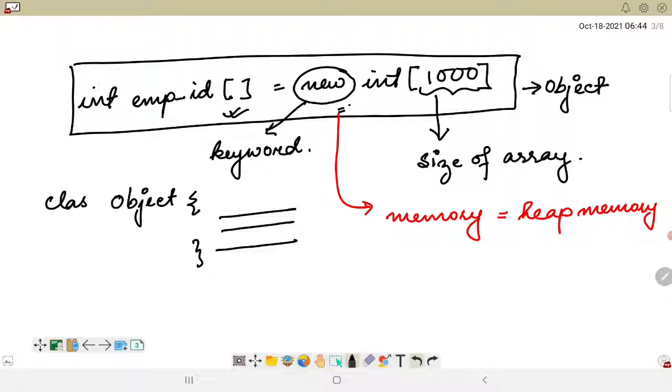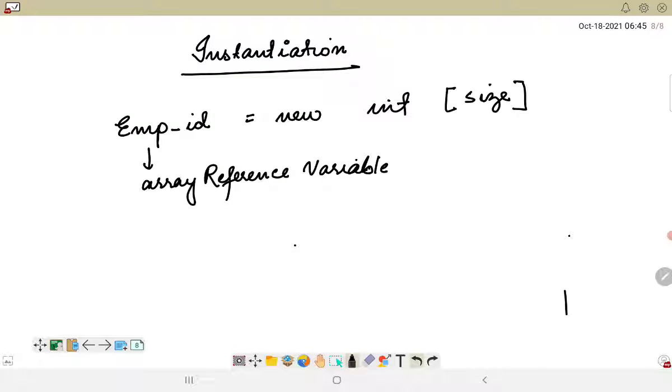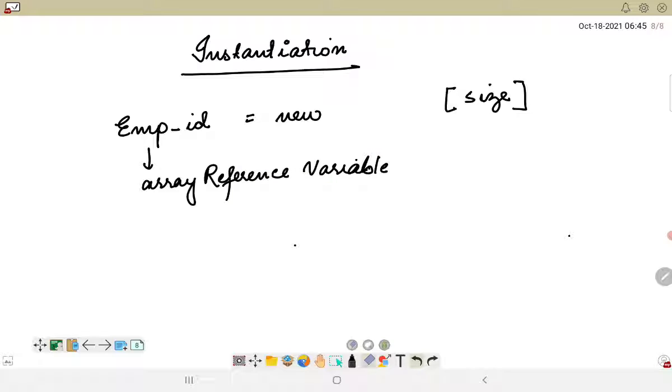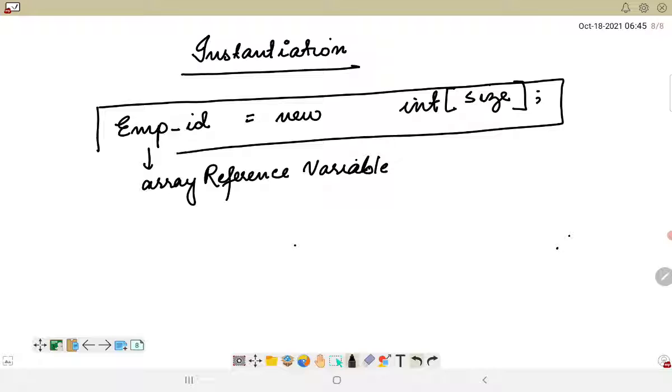So like this, integer, and we have to use the size. New integer size, and there is no space between integer and size, so we can simply rub this off. This is how we basically create or instantiate a particular array.